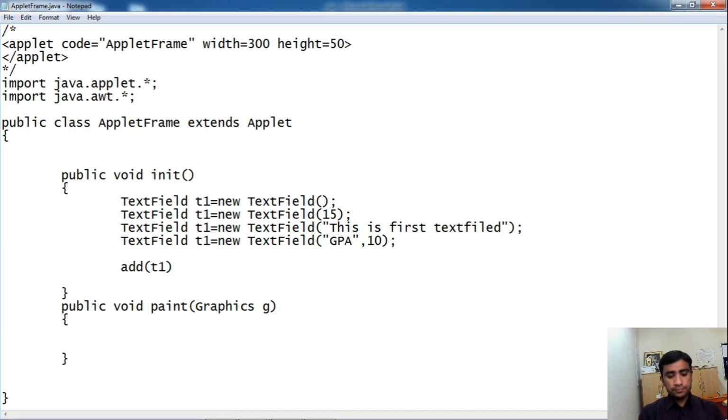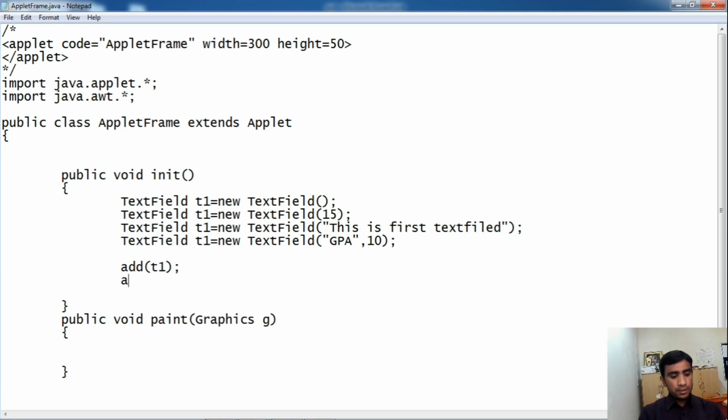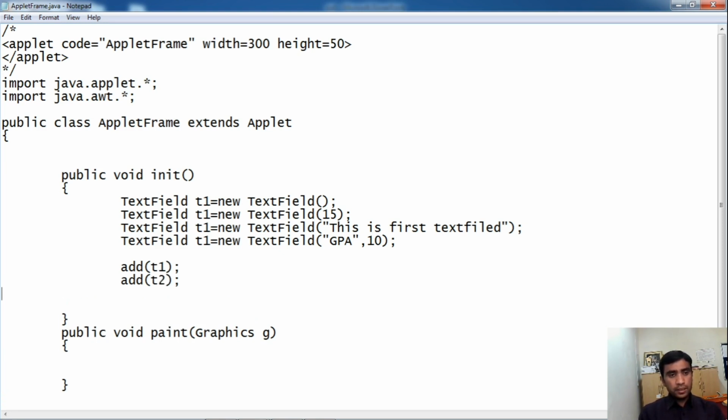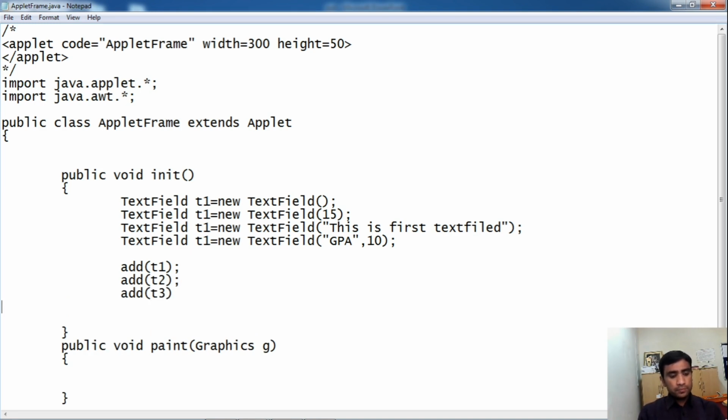Add t1, then add t2, then add t3, then add t4, semicolon.